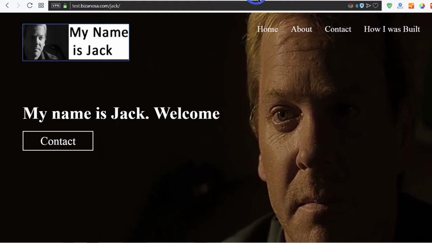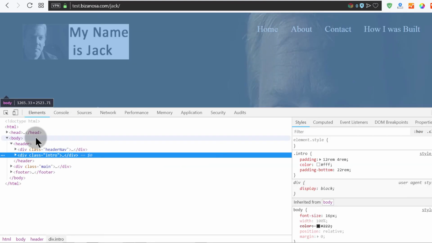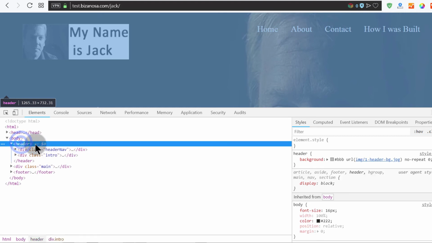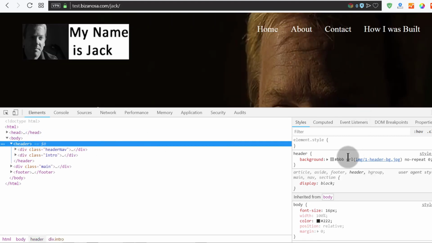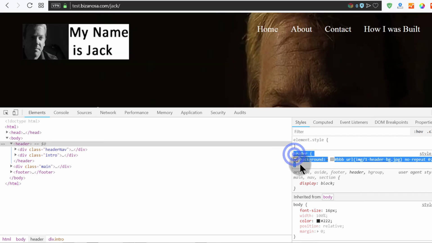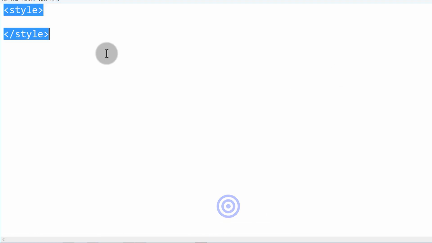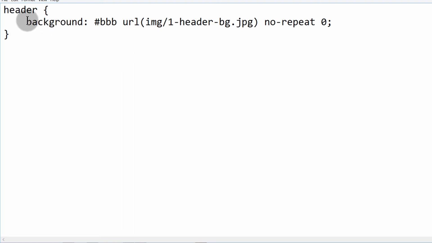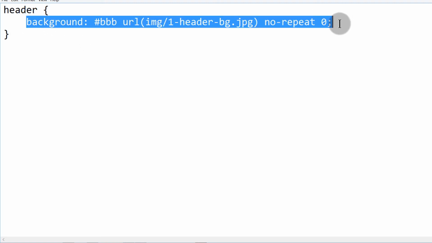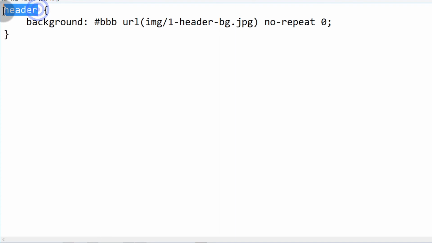So I'll just come in here and let me inspect element. I want to copy code from here and reuse it on the other one. If I come inside of header, I want to take the code for background, copy, and paste the code there. This is the code that will add a background image for us, and I will change this to body because I want it to affect the entire body